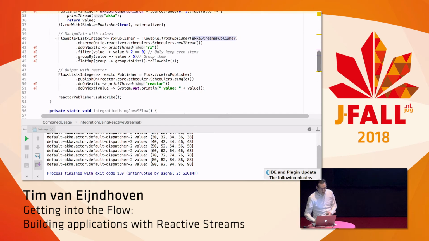Then we go to RxJava, and basically we take this publisher, right? We create a Flowable from a publisher, and we will observe it on an Rx thread, because otherwise this will run on the Akka Streams thread. So basically this code will run on the thread that is being used by the original publisher. Now when we say observeOn, it will actually switch to a thread from the scheduler that